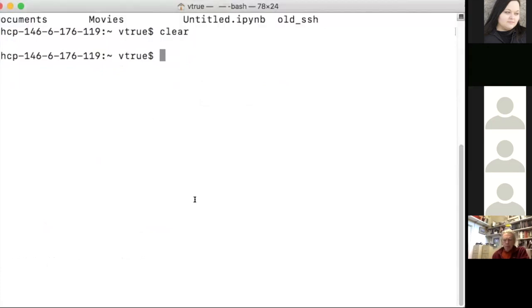Okay, so normally, since I'm working at TAC and on a TAC system, I usually log in to Stampede 2 directly. So it's an SSH command, and then it's my username at stampede2.tac.utexas.edu.